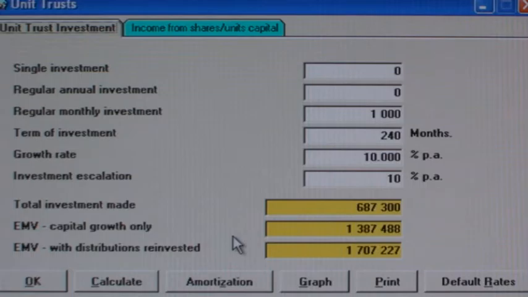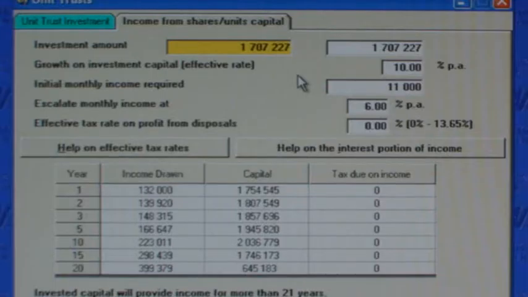6,724 Rand a month. Let's have a look at the second tab on this window, showing how our capital and income will fare. For example, when the investor gets to retirement age and wants to use the capital to generate income to supplement his monthly pension plan. You can see our 1.707 million capital carried over here in the yellow field. We can enter any amount we wish into the white field here to use in this calculator, but let's copy